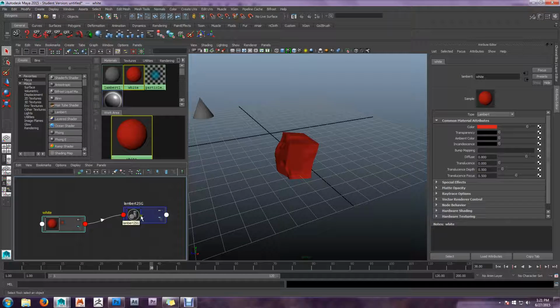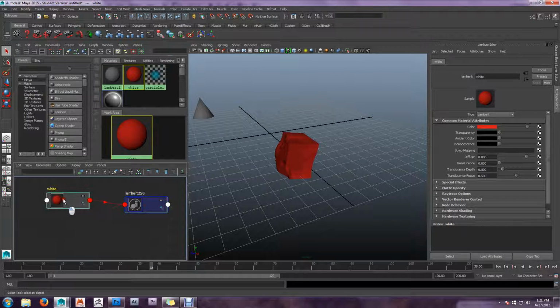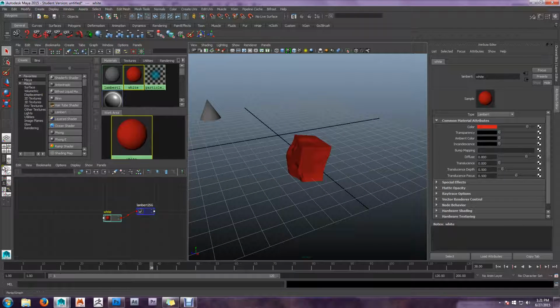And when you get more complex with your shader nodes, you can hook up 3 different shaders to one object, and you'll have this huge network of shaders that connect together, and you build these complex shaders to make your objects look really good. So that's very handy. And then if we go down to the bottom,